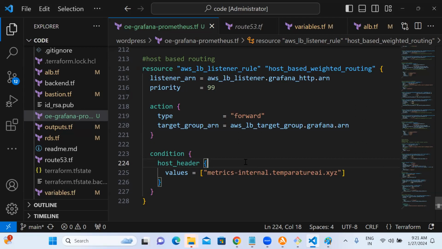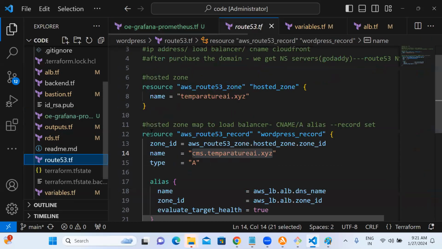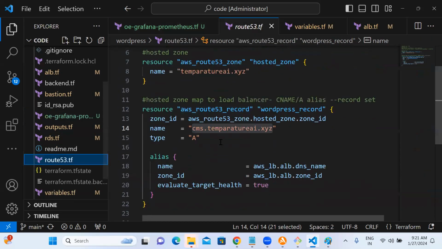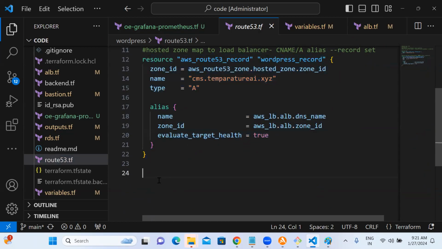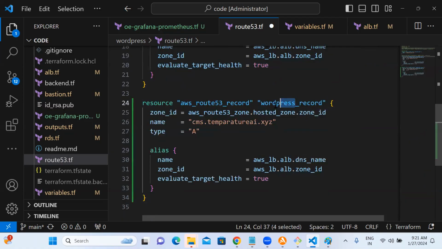And I wanted to register this in the DNS also. I don't want to access the endpoint directly. I can go to Route 53 as an alias. Yesterday we created one, right? Copy paste. This is for Grafana. This is the same. I'll match this address.